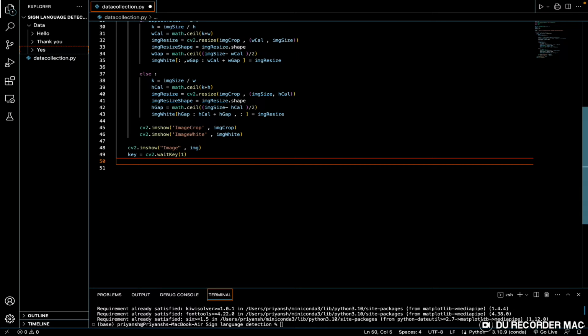Okay, so we have to put the condition in key. If key equals equals